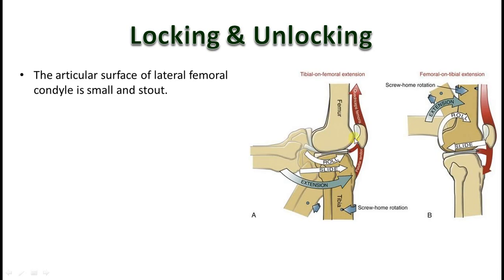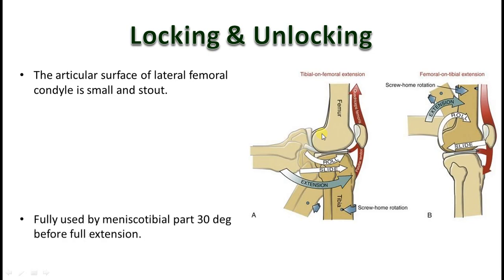So it has got a smaller articular surface antero-posteriorly. Now what happens is, the lateral condyle and the lateral meniscus are completely used up, but the medial condyle is not used up. At this stage what happens is the anterior cruciate ligament